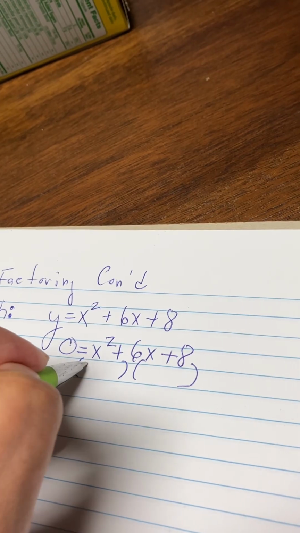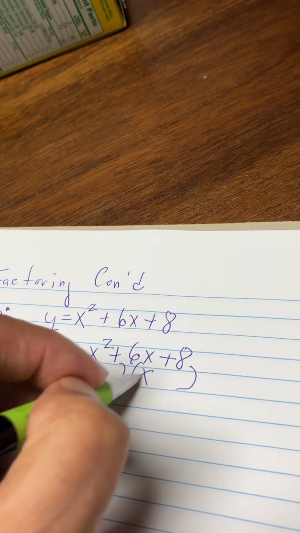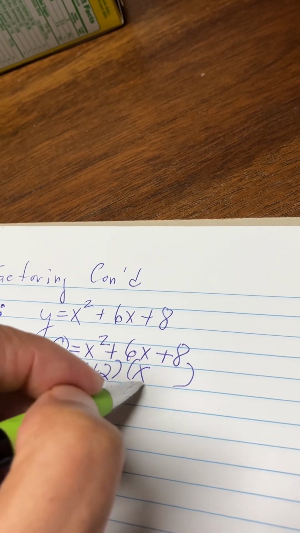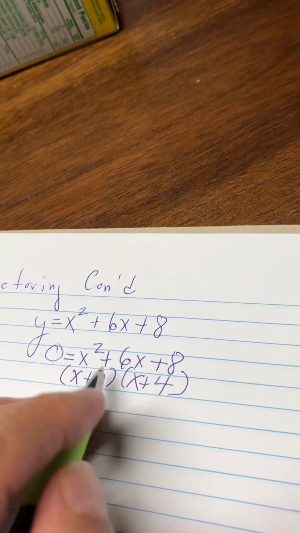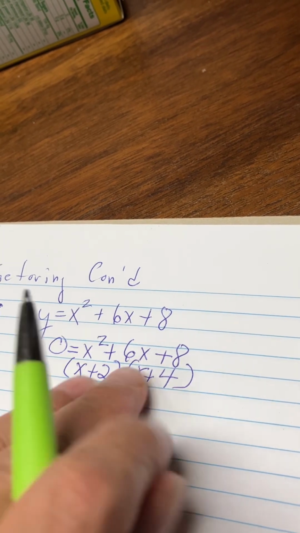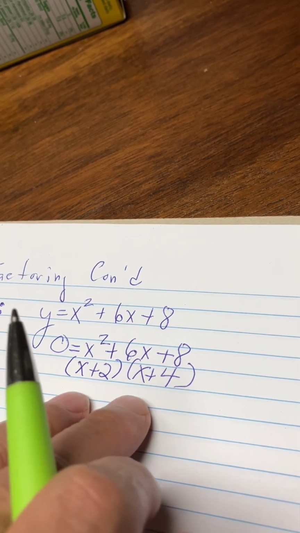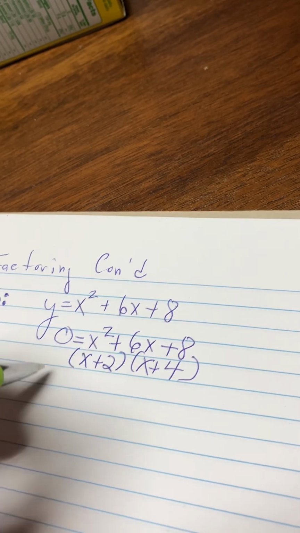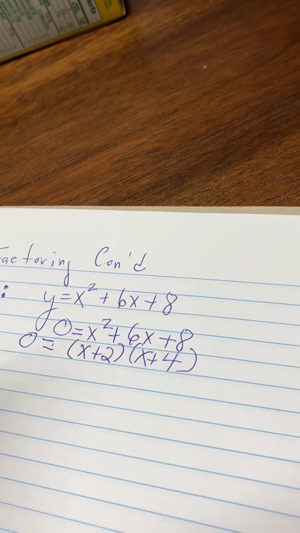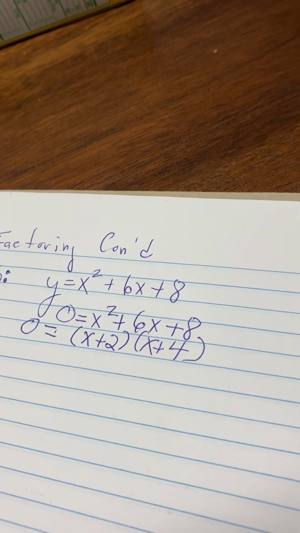So we're going to put here x and x, which is x squared. And then we're going to put plus 2 and plus 4, because 2 times 4 is 8. And then 2x and 4x with FOIL gives us 6x. Now, remember this is still equal to 0. Okay, so now if we solve this,